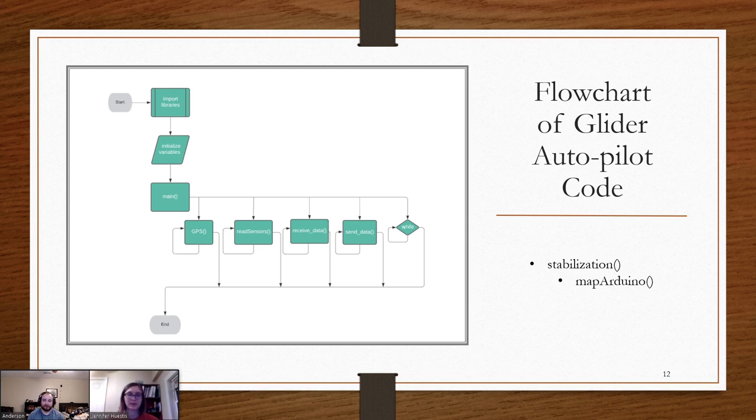Here we have a flowchart of the glider autopilot code. First, we import the necessary libraries. Then we initialize any variables we have, global variables included. And then we step into our main function, where we start a few threads. The first thread is for the GPS function. The GPS function will read our GPS module, any data that it has, and then it will save that to global variables, and then it will run some extra calculations for us, which is why it is its own function